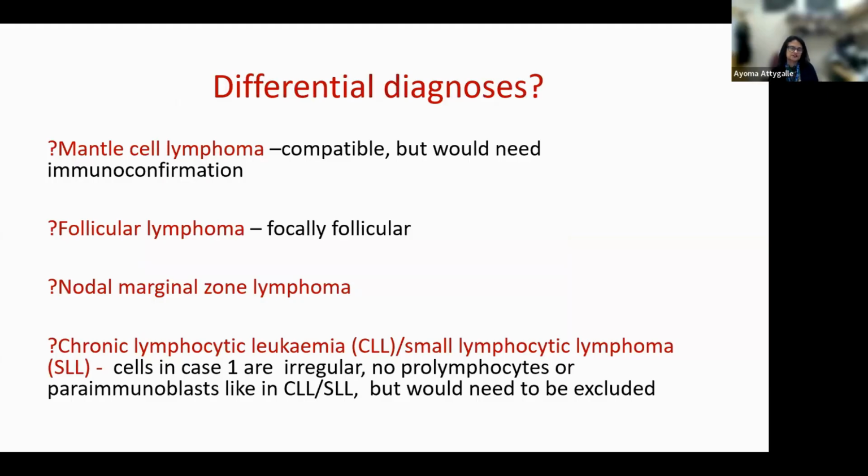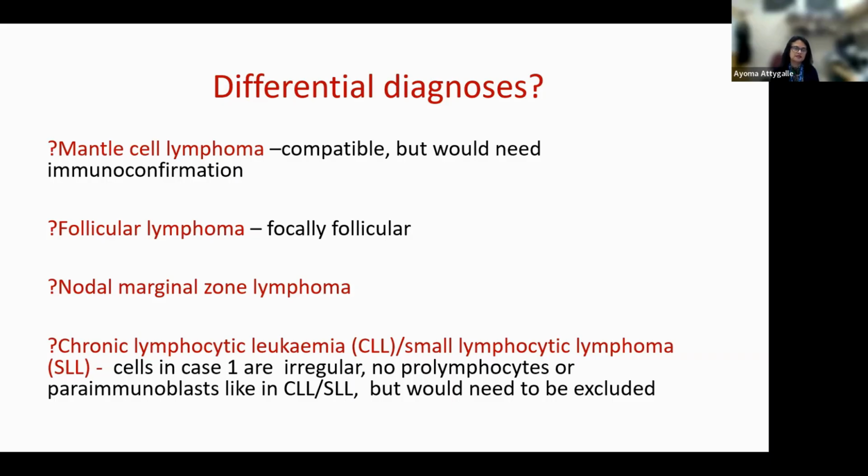So what is the differential diagnosis so far? I give you all these possibilities because immunophenotypically, you should really include all possible markers to exclude these. Although if you have excellent morphology you might have some clue as to what the diagnosis is, it is always important to exclude other differentials for small B-cell